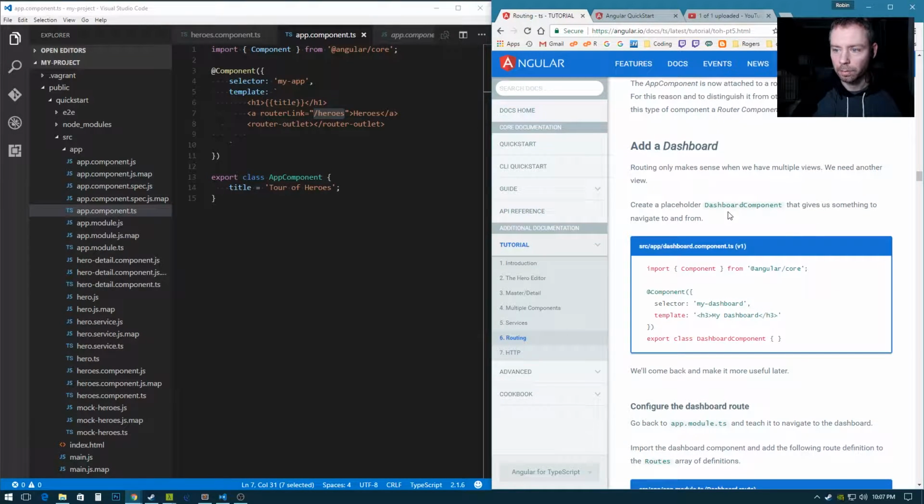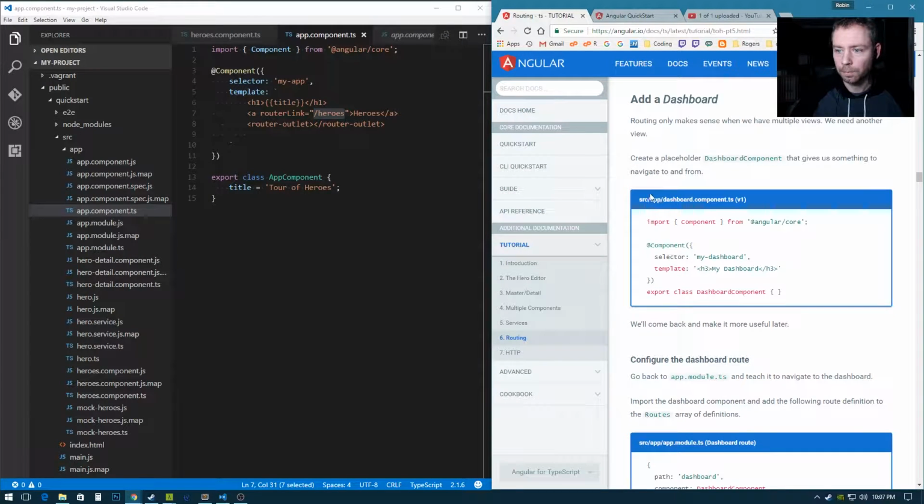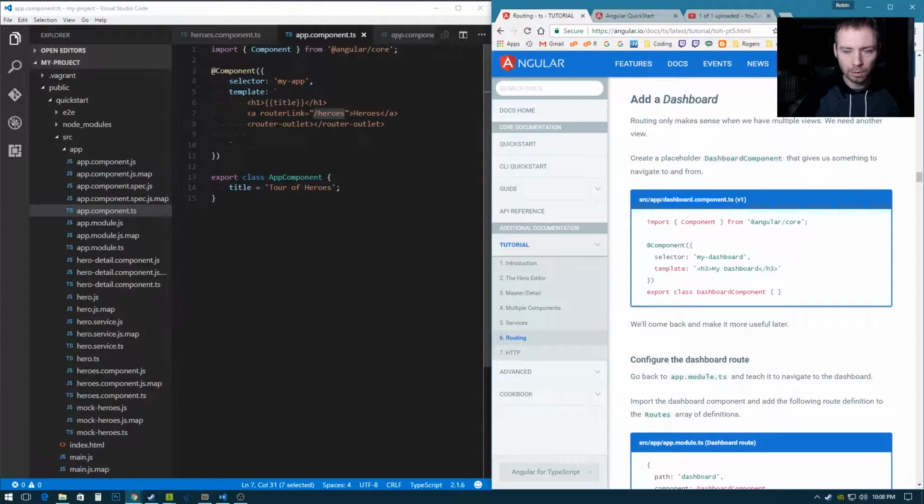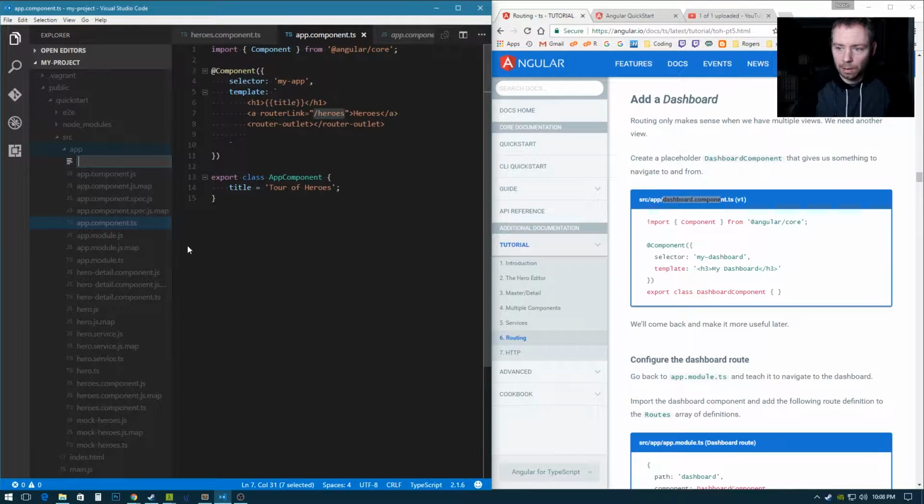Let's add a dashboard. Routing only makes sense when we have multiple views. We need another view. Create a placeholder dashboard component that gives us something to navigate to and from. Okay, so we're going to create a new dashboard component. So this is where Angular CLI, I can see how that makes sense, because if I want to create a new component, Angular CLI will just spit out all the markup, all the files for me automatically, so I don't have to type it manually. But since we're not doing that in this tutorial, I have to create the new file by hand,